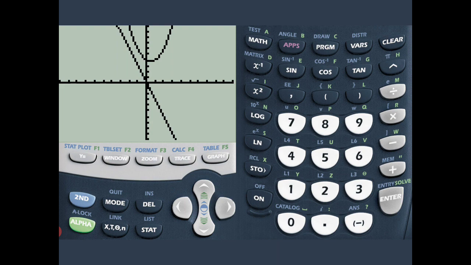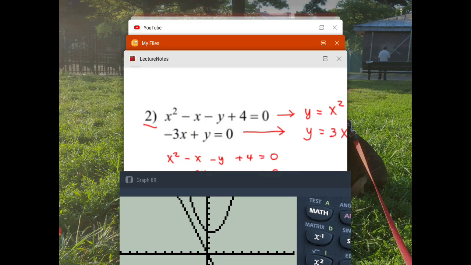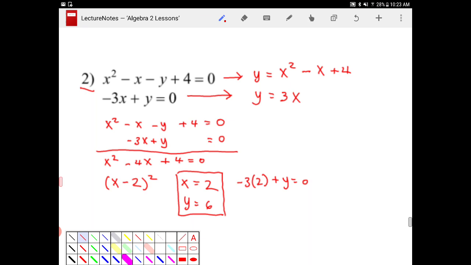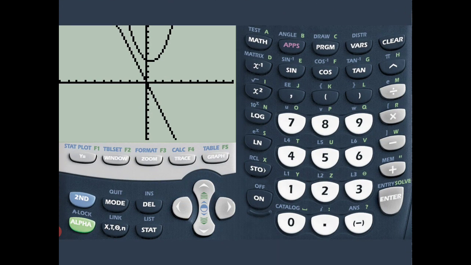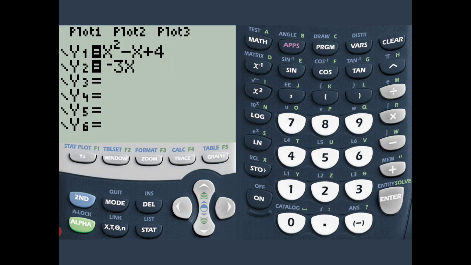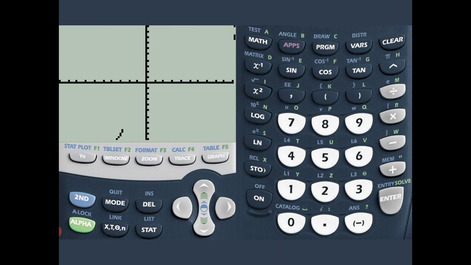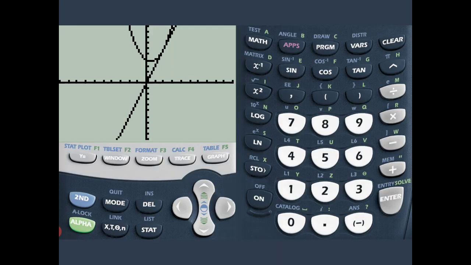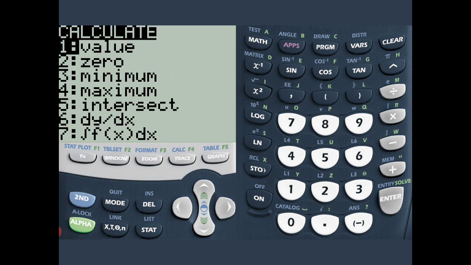Wait a second. I mistyped. It should be positive 3x. And here we see that the quadratic equation and the linear equation do intersect. So how are we going to use technology to help us with this? All I've got to do is press second, trace, go to intersect,